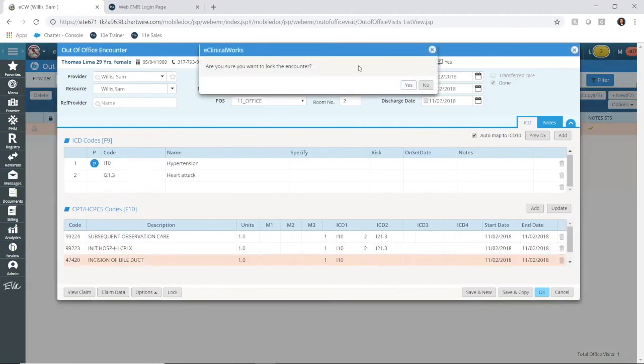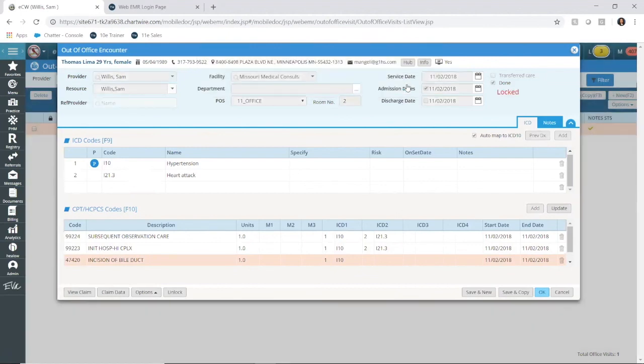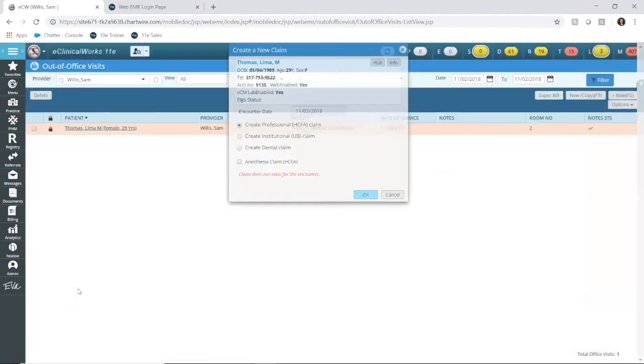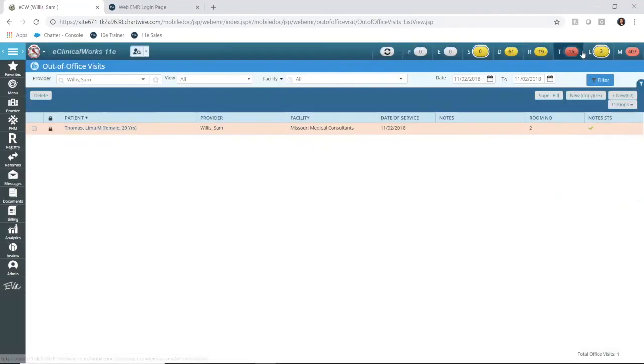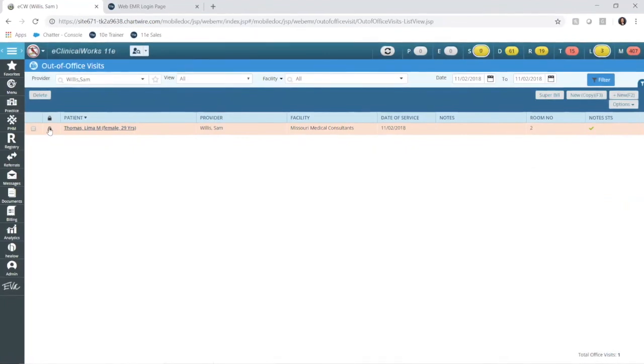And then lock. Are you sure you want to lock the encounter, just like you get the warning in a full progress note, and you say yes. And now this note is locked. After the note is locked, you'll want to click view claim. And that's just to create the claim. So when you click that, you just say okay, and it will open the claim. Simply close out of it after that. And now you can see from this out-of-office visit screen that the note was locked